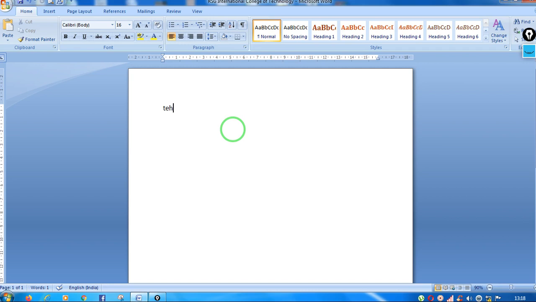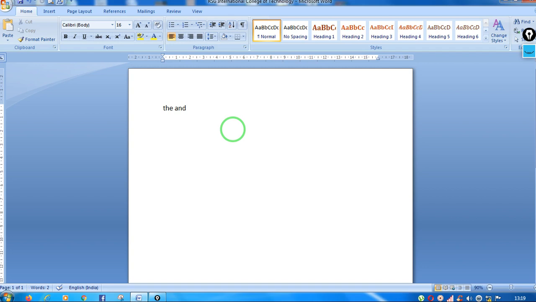So what autocorrect does, autocorrect will automatically change these words, such as I have written TEH into THE as soon as I press the space bar, or suppose I have written NAD instead of AND. Automatically the correct spelling comes, that is AND. Autocorrect maintains a dictionary of often mistyped words, and when you mistype a word, autocorrect fixes it automatically. You can also use autocorrect to insert text and symbols.